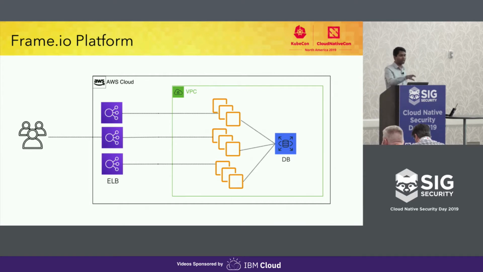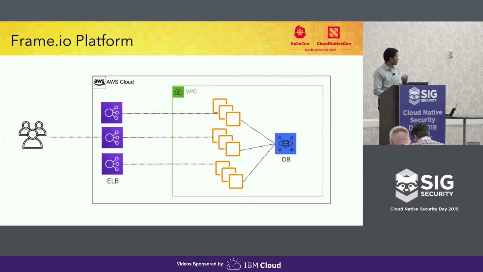There is a separate path that I'm not showing here, which is not relevant for today's talk, for how we talk to the S3 bucket for uploading and downloading videos. Now, as I said, it's a web-based platform, so users are sending requests, and attackers are also sending bad requests. Some weeks we see millions of attacks on our platform. Some are targeted, some are scanners running on the net.